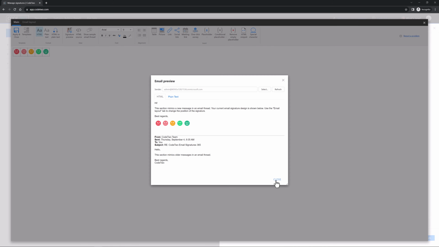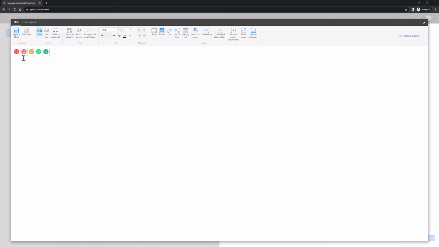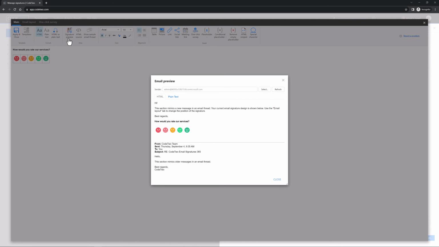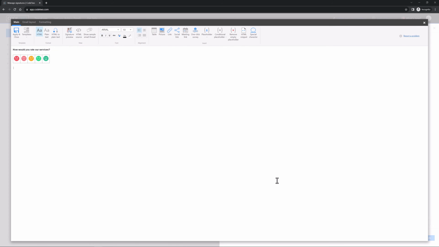Okay, let's add it. Close the preview window, click here and press Shift+Enter to add a text line above your survey. Type your text, modify the font size and formatting as you like, and preview the survey again. Much better, right? Note that you can add your contact details above or under your survey using placeholders, but it's